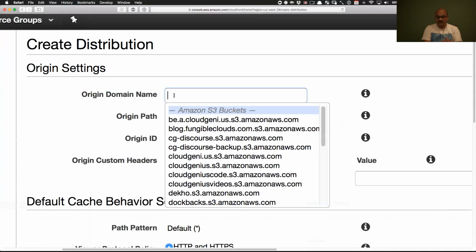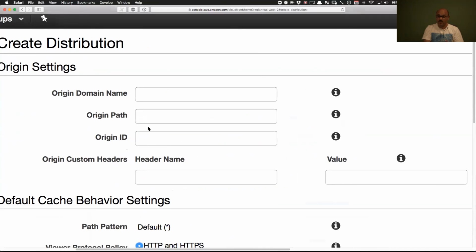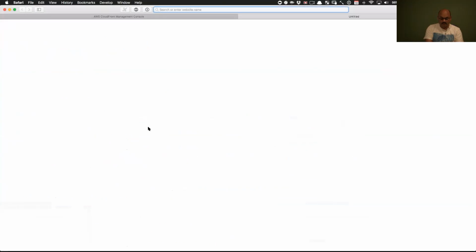So you can choose an existing bucket that you have, like I have several, or you can select something else that is not in Amazon at all. It may be a machine in your garage. It doesn't matter where it is. It may be another cloud company, but that is going to be the origin. So for example, let us say I have this service called